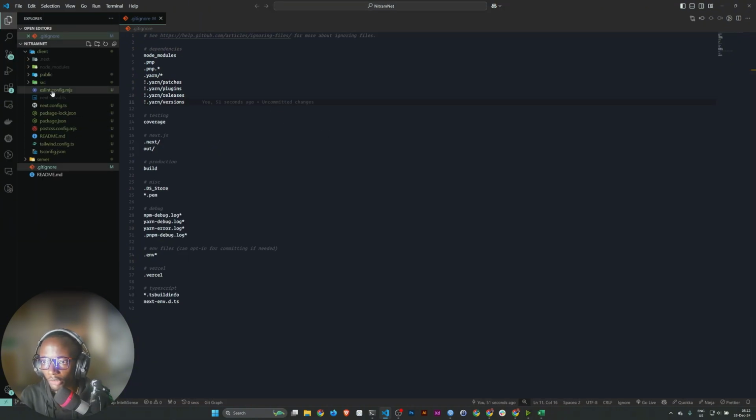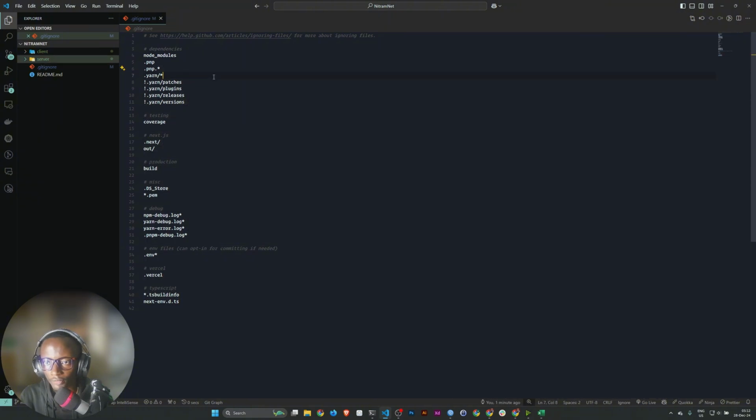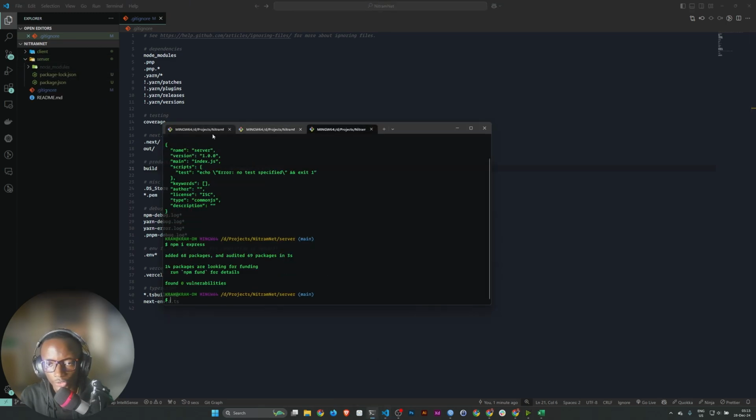So now the node modules are ignored, no matter whether that's in the client or the server, and all these other files. Okay, so some of these are Next specific, others they cover even the Express app that we're going to be running on the server. So we'll need to add another git ignore in here. Cool. So let me set up the server and get a route going.